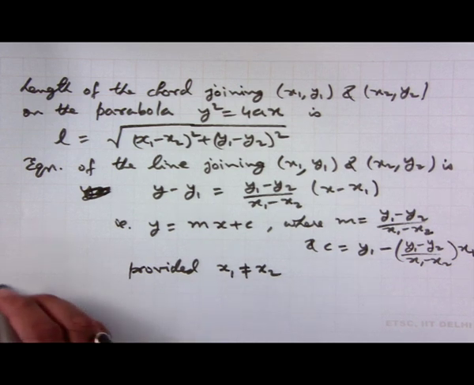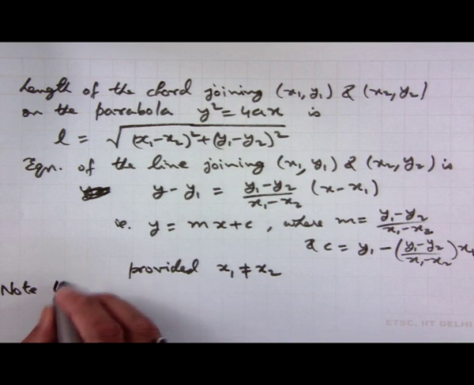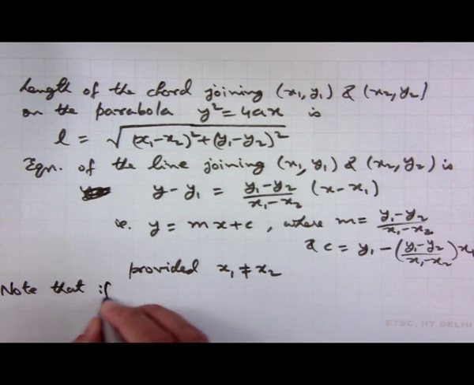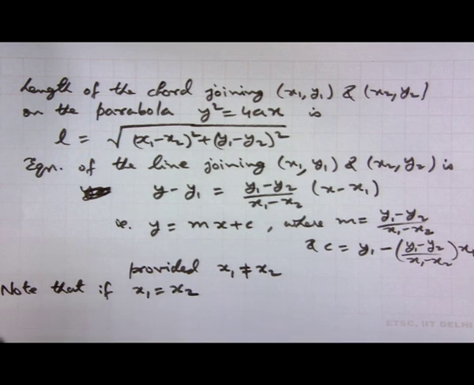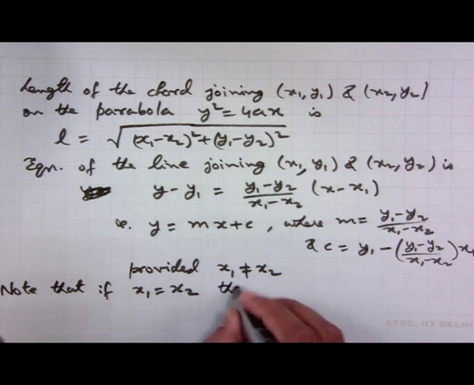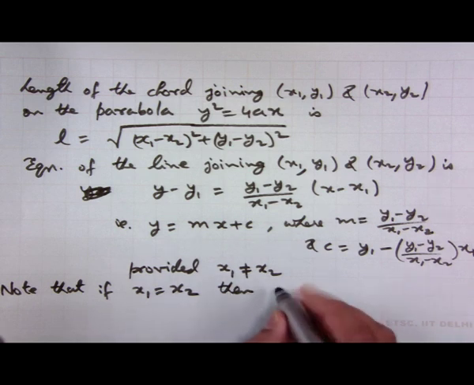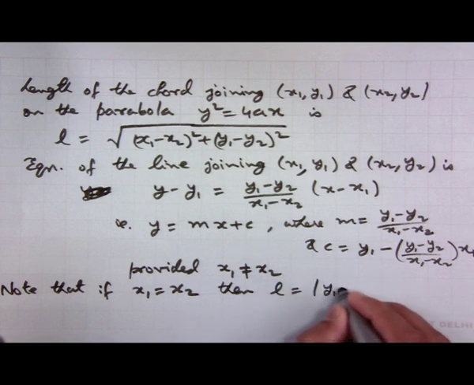So, note that if x 1 is equal to x 2, then the length of the chord L is equal to mod of y 1 minus y 2,